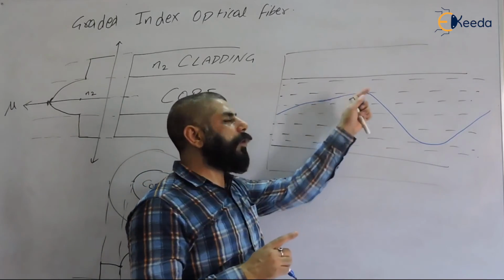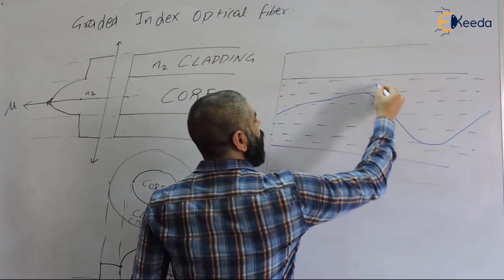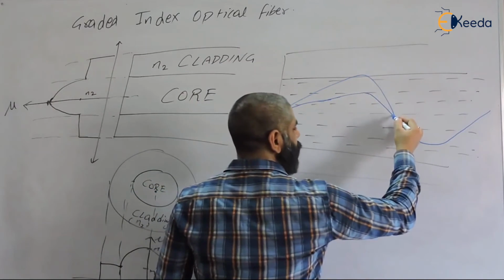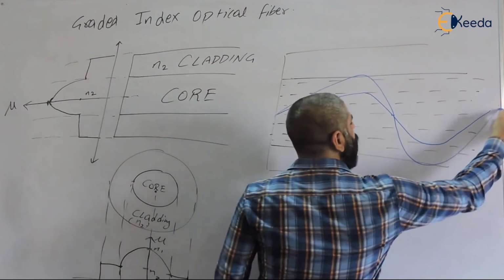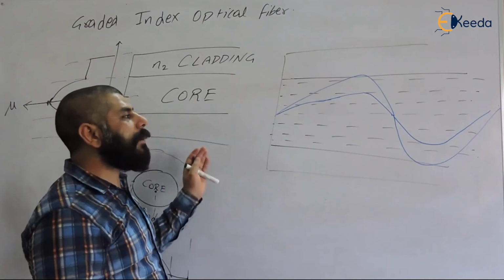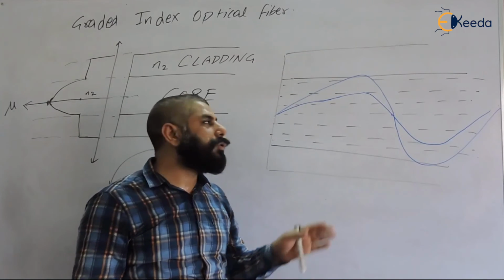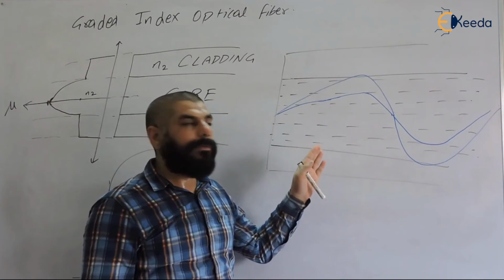Here the refractive index of the core is different, so if we send multiple signals simultaneously, they propagate through different channels. So dispersion loss will be less. Overall losses in the graded index optical fiber are less, and it is used to design the